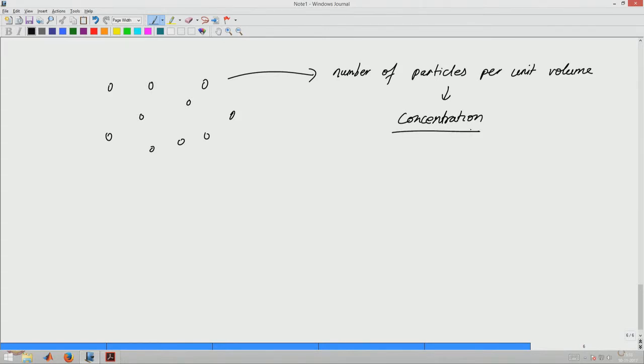And generally the particle motion in such a scenario will be due to two factors. If there is any interaction here, that interaction will force the particles to move, or because the concentration itself is high or low at some points, particles may move from high concentration to lower concentration. So, generally when we talk of how these particles move, one reason could be that they are